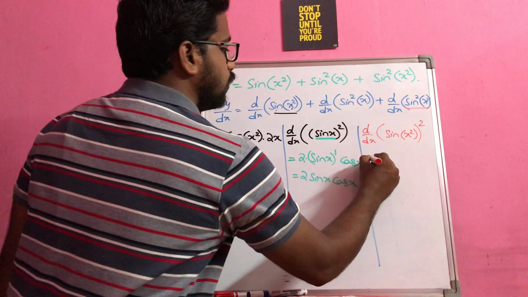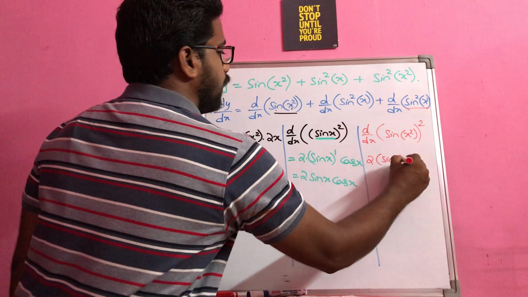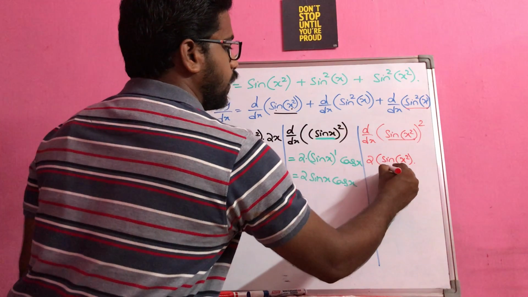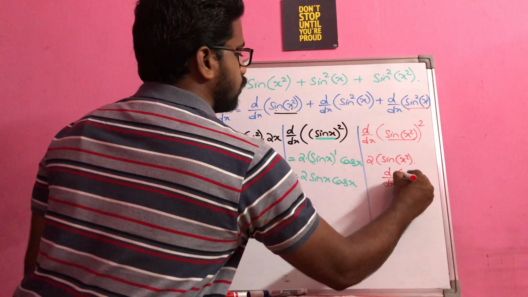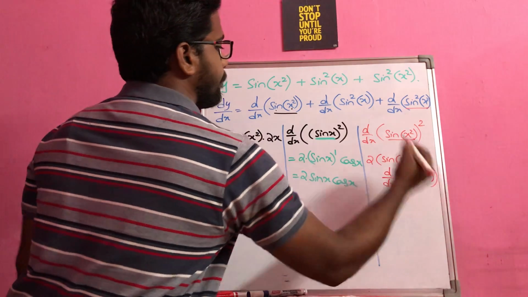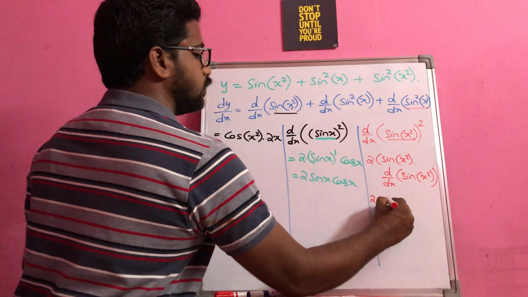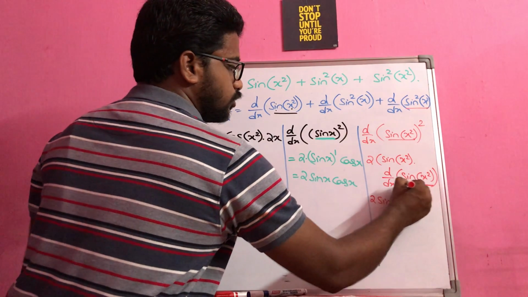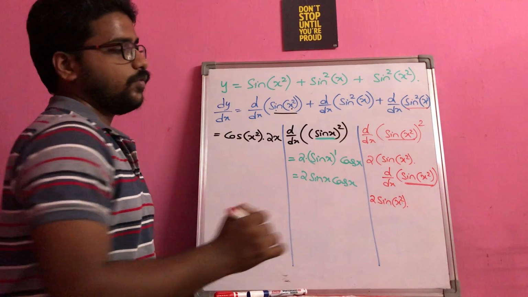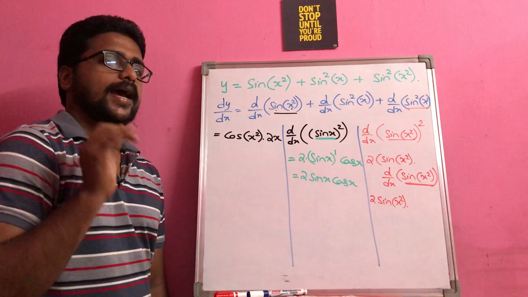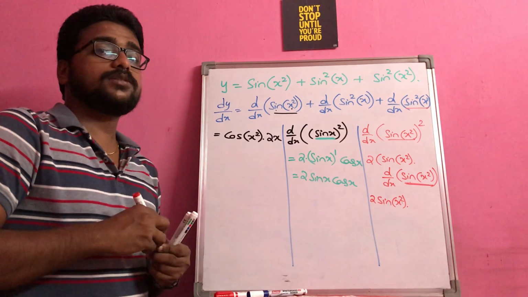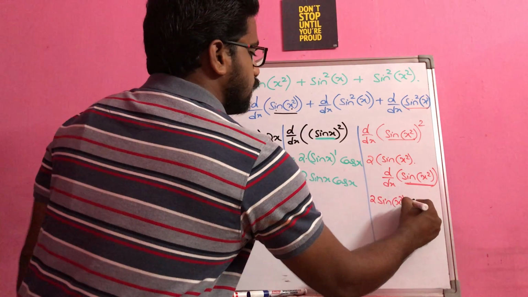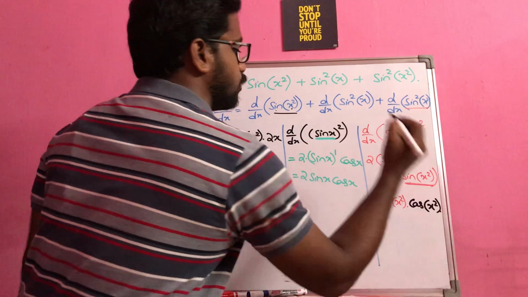So again here 2, I have to make use of the same x power n rule only. But this is not x, so inner derivative for that will be d by dx of sine of x square. So you can see here 2 sine of x square. But if you observe here, even here you have two different functions. One is sine and one is x square. I think now you can guess correctly what my outer function is. Yes, it's obviously the sine function. So derivative will become cos of x square.